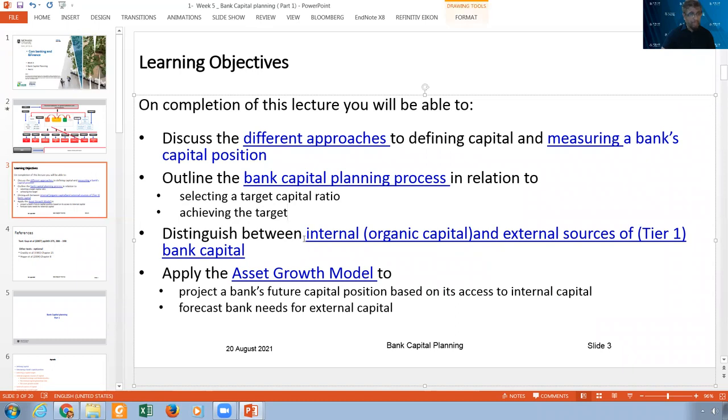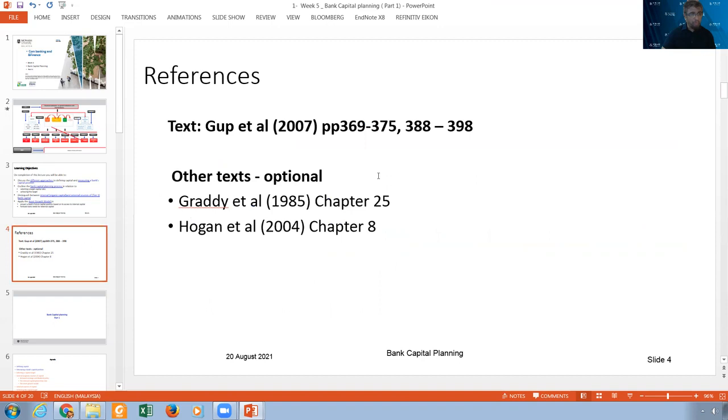And at the end, we will have 2 models. These are actually measures of how we can plan to get capital from inside the bank. We will talk about 2 models, as I told you: the internal capital generating rate, ICGR, which is the internal generating capital ratio, and another model called the growth model. Now, these are the references, but I think the slides will be okay with the tutorial and the workshop.